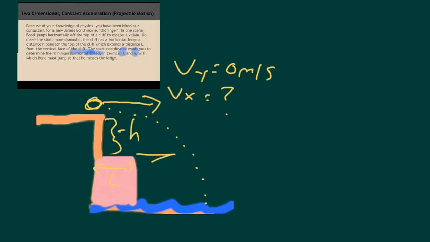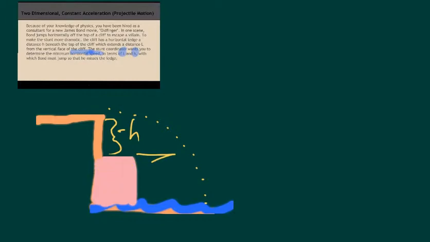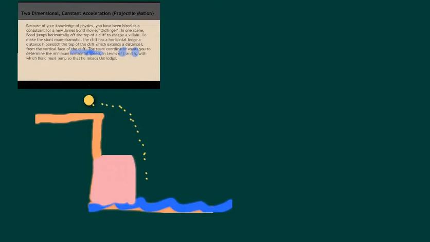Alright, so now let's clean up our drawing, and that way we can go about solving this problem. So we'll go back to having our James Bond character. Here he is. We'll put him at the top of the cliff, and just so we understand what kind of motion we're talking about here, we'll draw the parabolic path that he would make. Let's do that here. Try to make this a dotted line. And we're going to assume he's going to clear it by, let's make that a little bit smaller, actually. There we are,